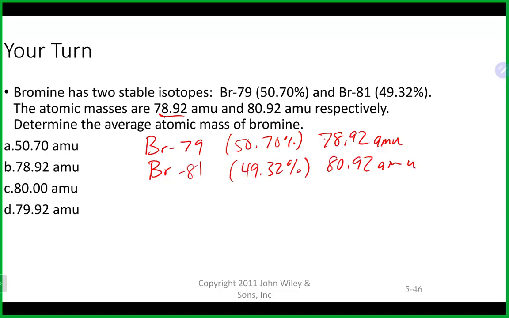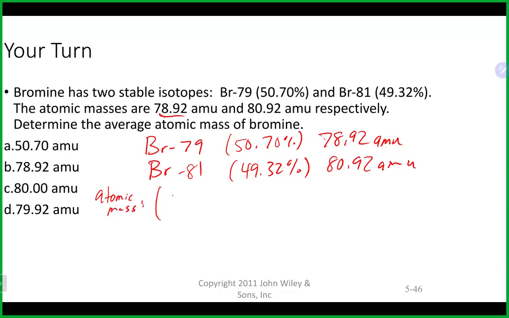As was the earlier question, if we quickly add together our percentages, in this case we're at 100.02, again pretty much 100. So we definitely have all of our isotopes there. We're not missing anything. So to do our calculation here, our atomic mass